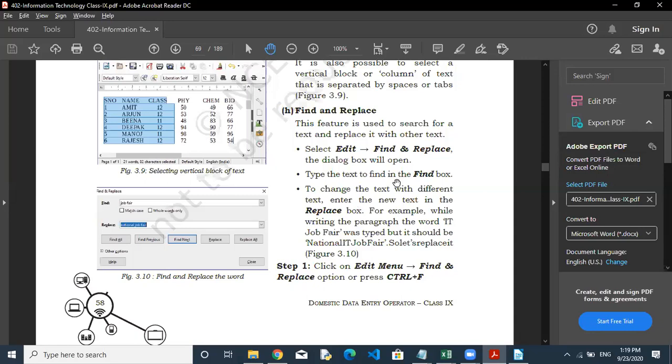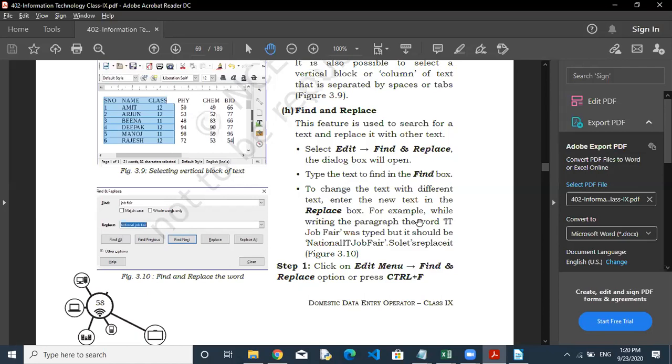So means you want to search something. For finding something in your document, we have to open the find and replace dialog box, and this dialog box is available under the Edit menu. Look at this screen. This is your find and replace dialog box. So how can you do the find? What is the meaning of replace and what is the meaning of find? Find is used to search. If you want to search only, then you have to use find.